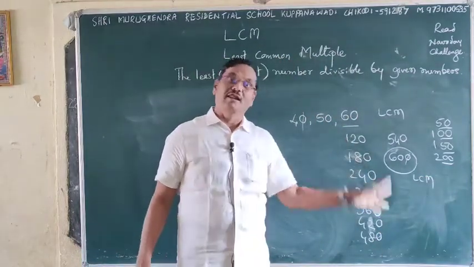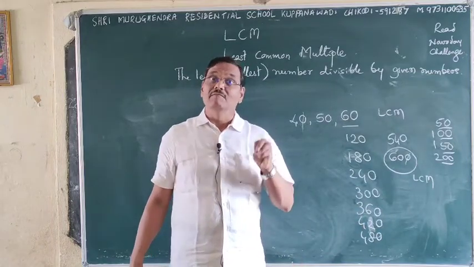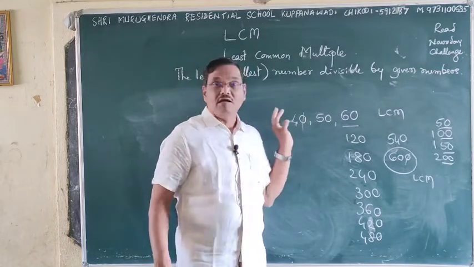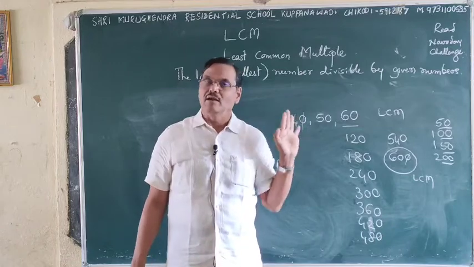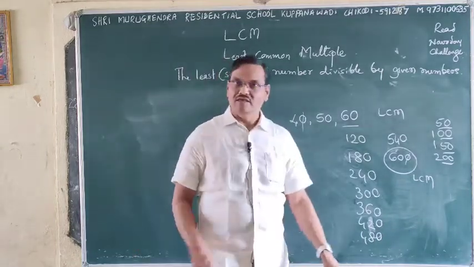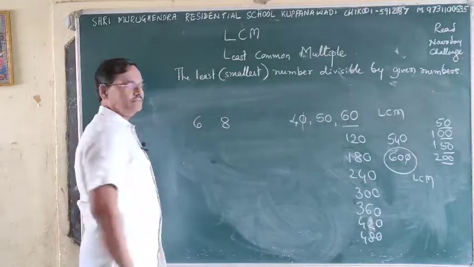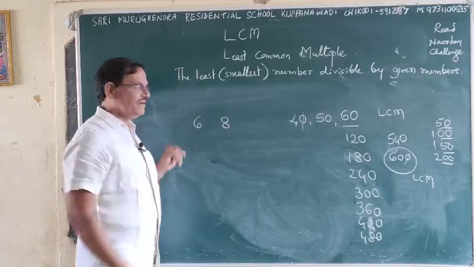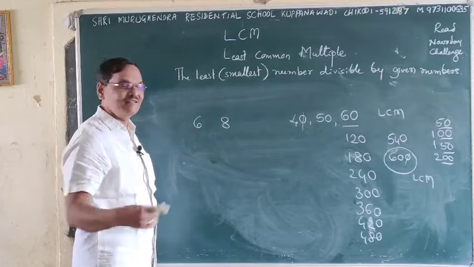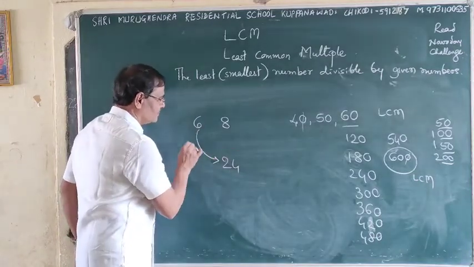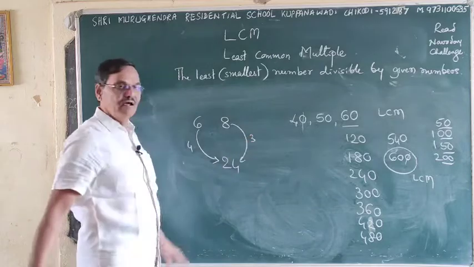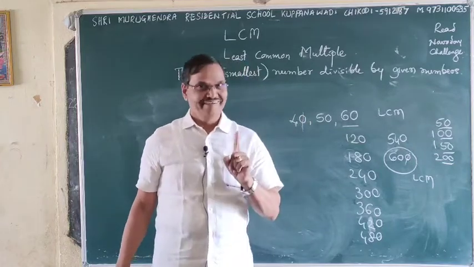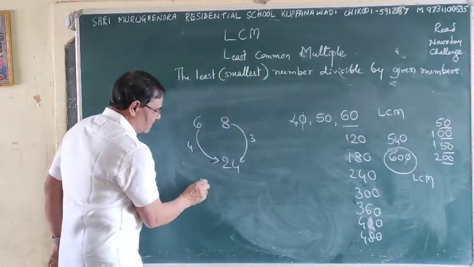It needs knowledge, isn't it? And familiarity with the multiplication table is required here. You can do mouth calculation. What you have to do here is, say, 6 and 8. 8's table: 8 1s are 8, 6 has no 8; 8 2s are 16, 6 has no 16; 8 3s are 24, 6 4s are 24. So 24 is the least common multiple. Okay.